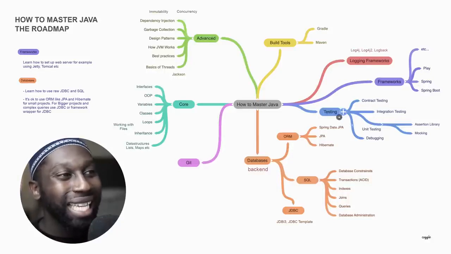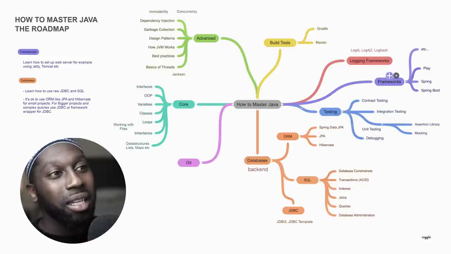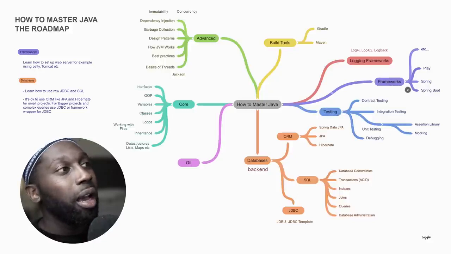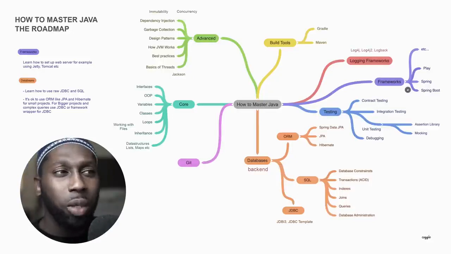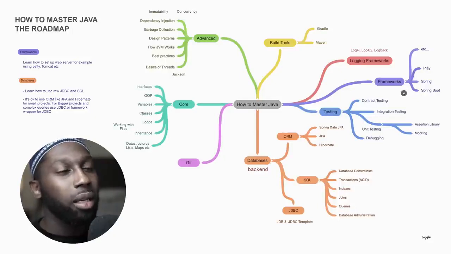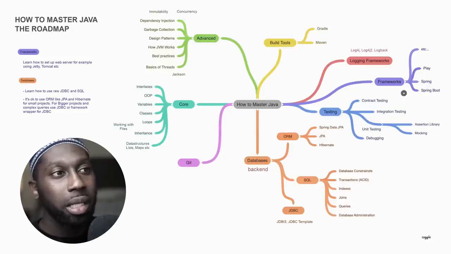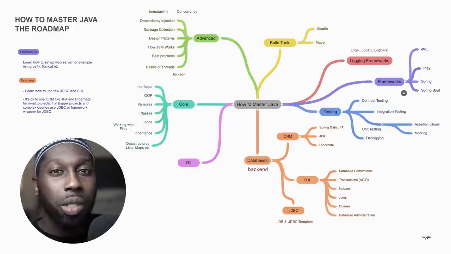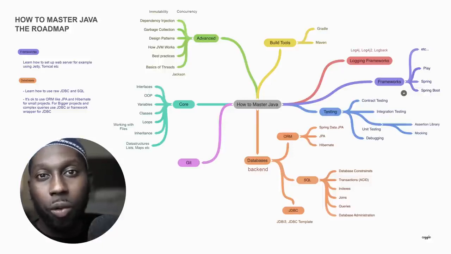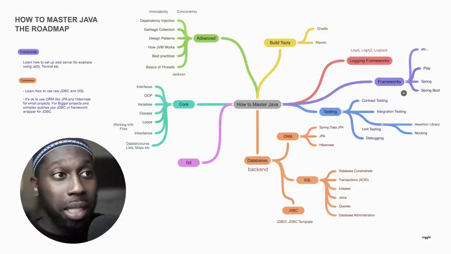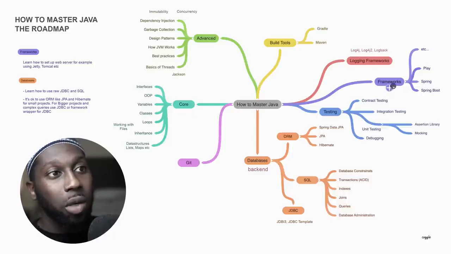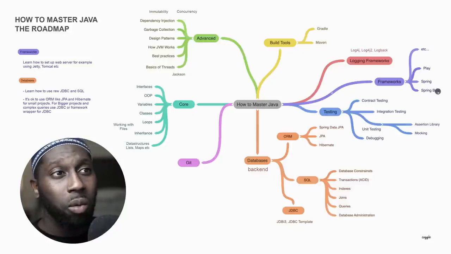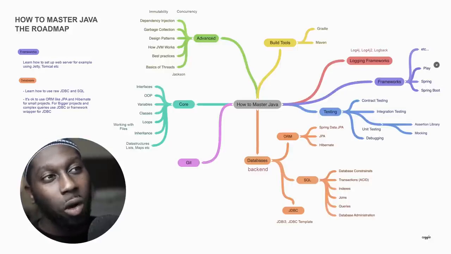So test your code. And then finally, I would say frameworks. It's good that you learn Java without a framework, but in the long run, don't write everything yourself, because this is why you have frameworks, right? It's the same with JavaScript. People wouldn't use jQuery, they would mainly use React or Vue or Angular. So these are frameworks, and the same in the Java world. You have Spring Boot, which is one of the most popular ones, and you also have Play framework, which is not as popular as Spring Boot. You've got Quarkus and others. And to be honest, I think this is it.